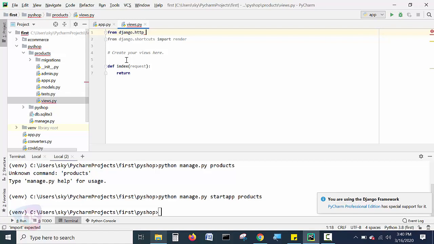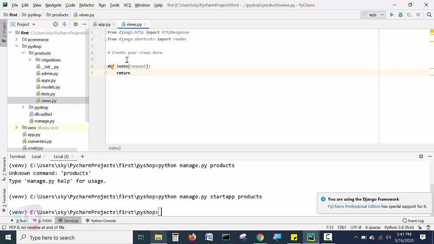We need to import the response, like the HttpResponse method. Import HttpResponse. This particular method we are calling from the Django framework's HTTP package. It is a library method, HttpResponse, that we use for returning a response to the HTTP request.